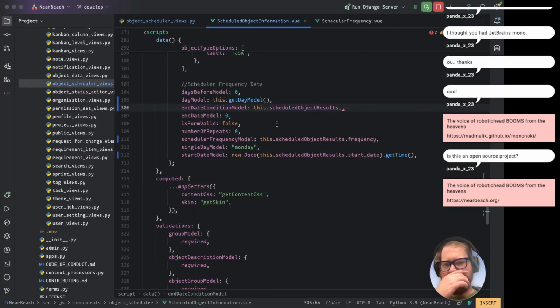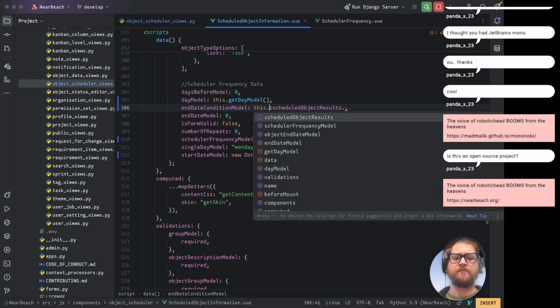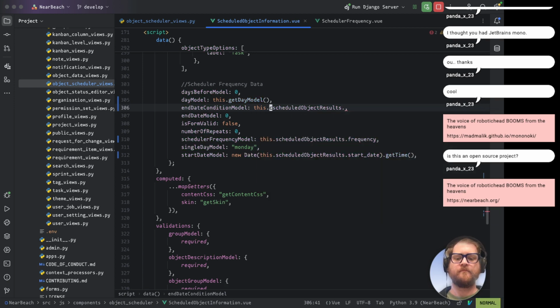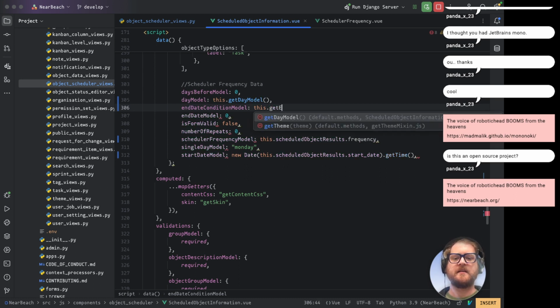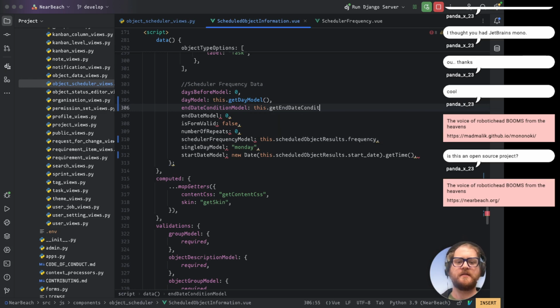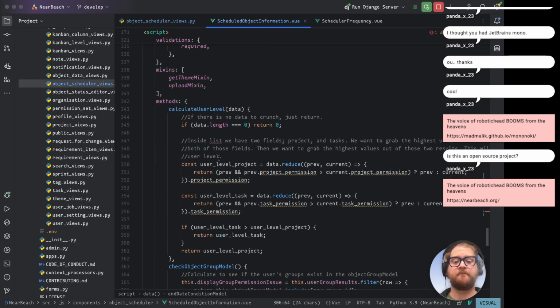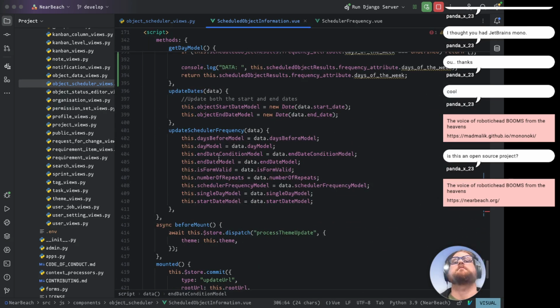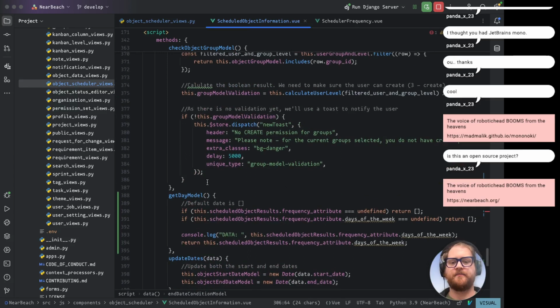So we've got to go back here, and what we've got to do is this dot. Give me 2 seconds, sorry. Oh, don't delete everything. Just delete what I want. Get end date condition model. All right, and I'm going to copy that. We're going to go down here. We're going to be like,